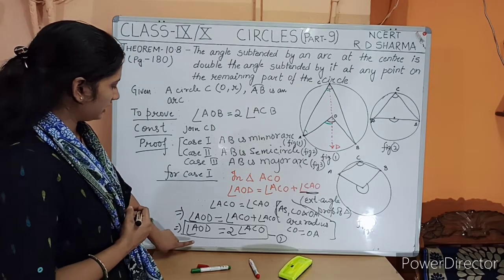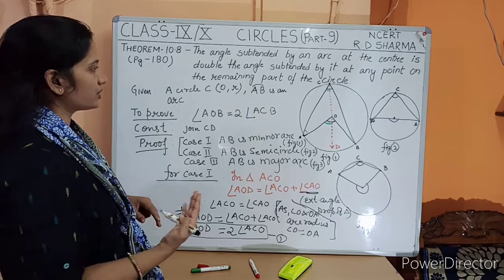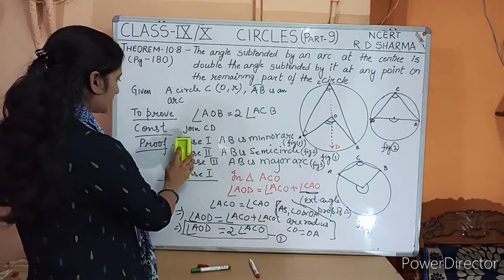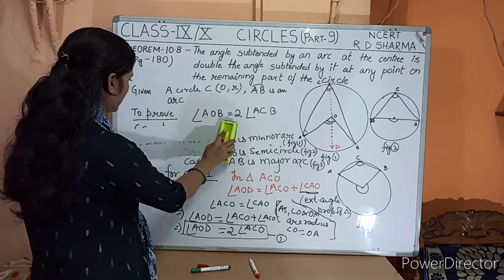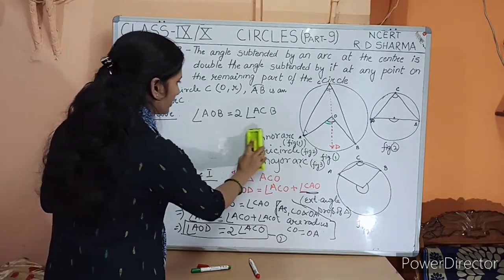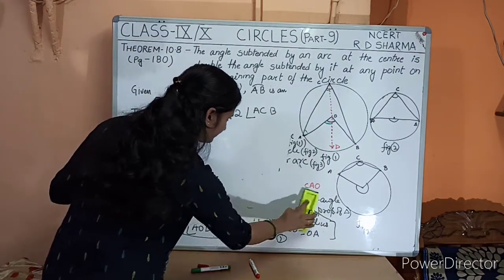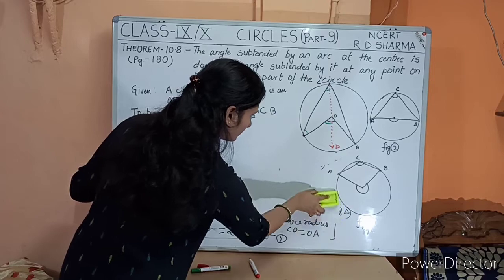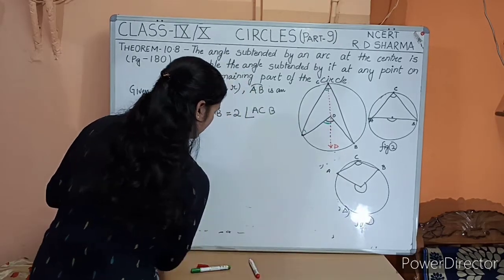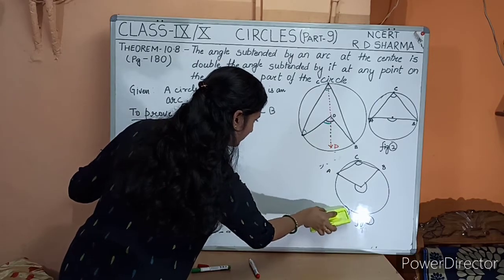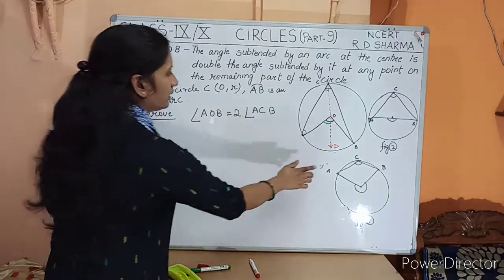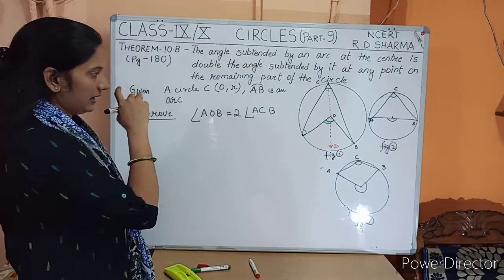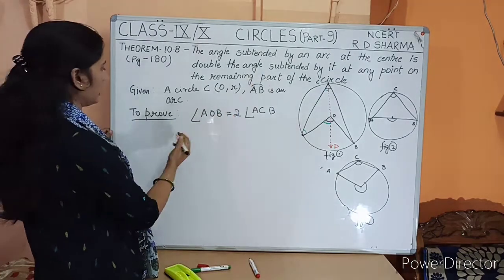Okay, so after this equation, the same process we are going to do with the other side of the triangle. So I am just rubbing this part, case 1, from construction. I am just rubbing. So this was our figure 1, right? Okay. So in the same manner we will proceed to the other side of the triangle.